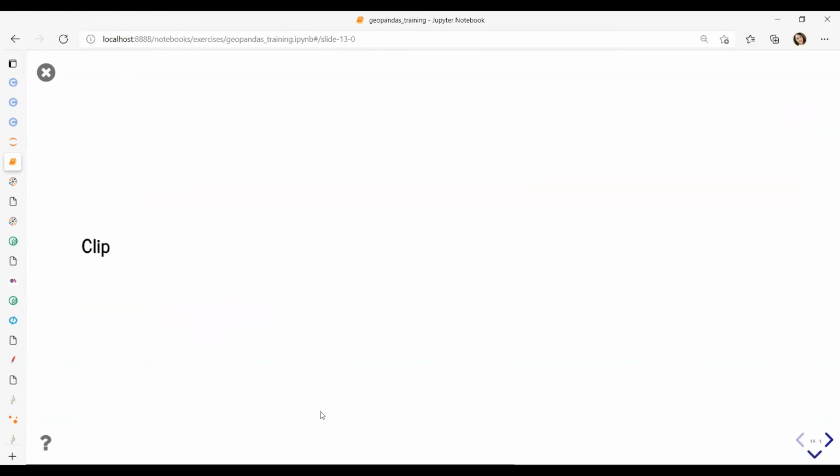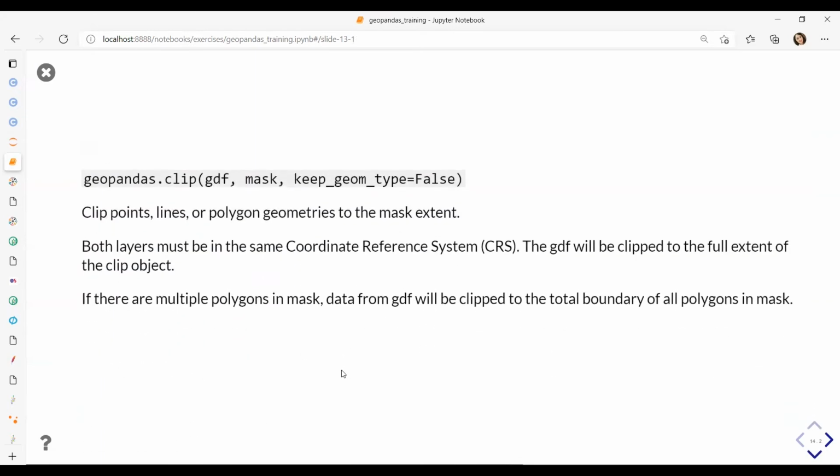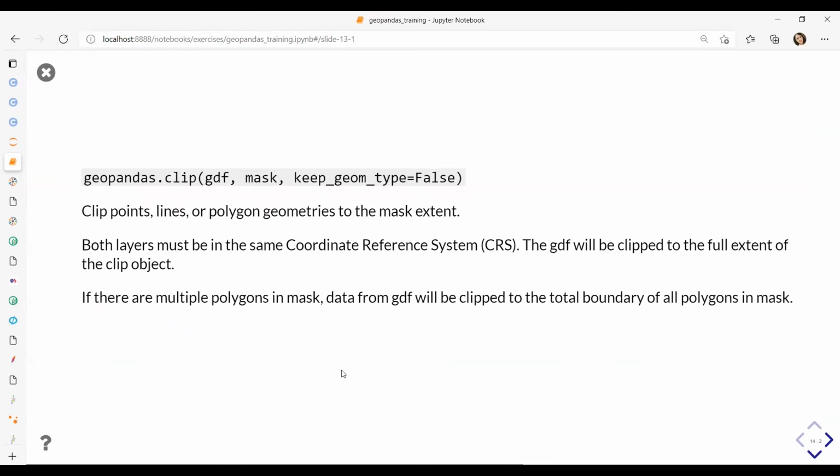Right. The other geospatial function I'd like to introduce is clip. GeoPandas does clip similar to what you would expect to get in traditional GIS. So one layer is clipped by another based on the geometries.